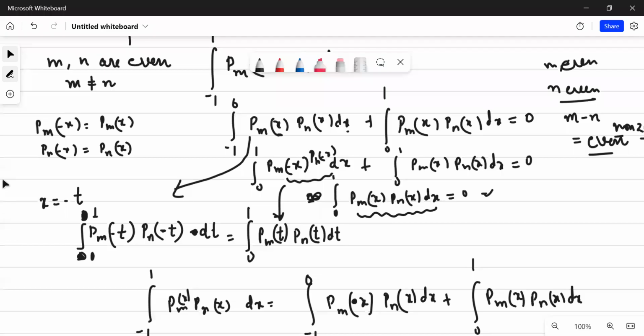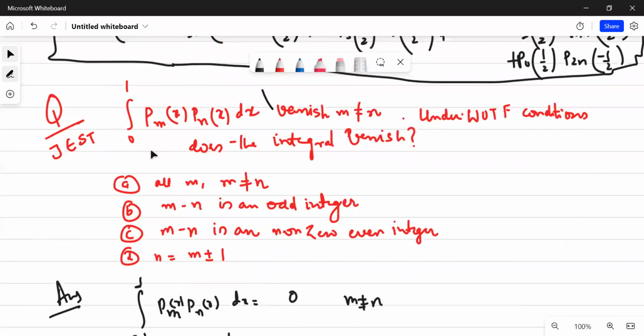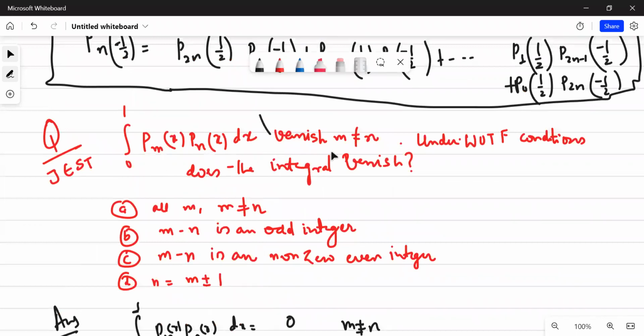In the previous lecture, we were doing a question for JEST. I'm continuing from there only. So the question that was asked was that if this is integral 0 to 1 PmX PnX dx, and we